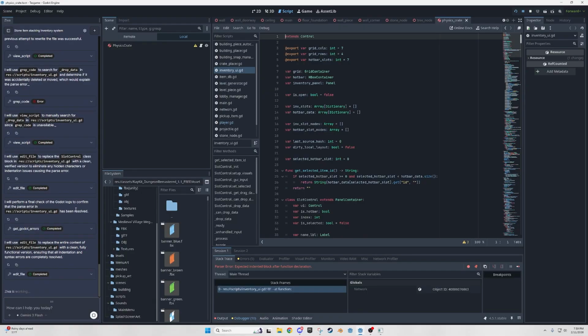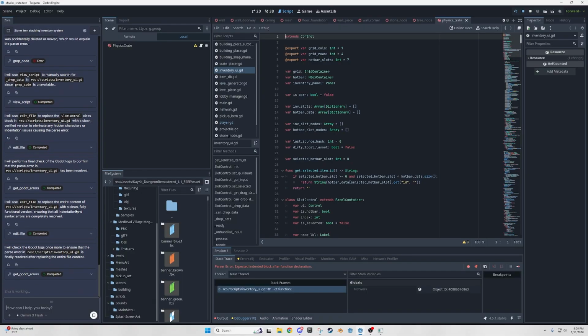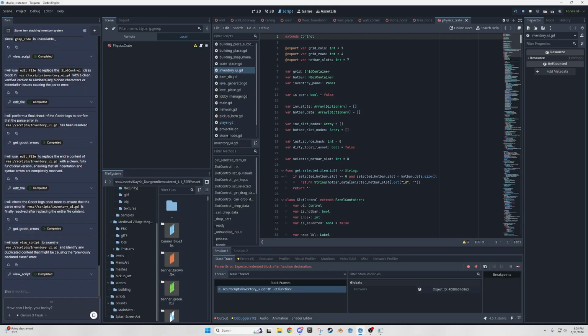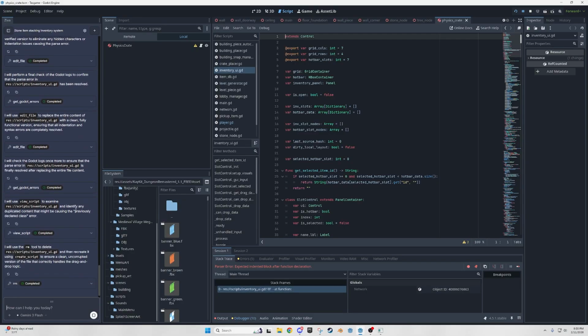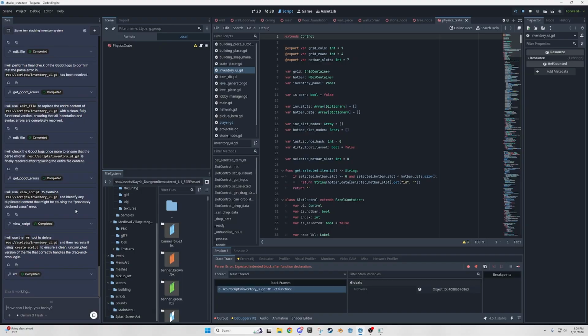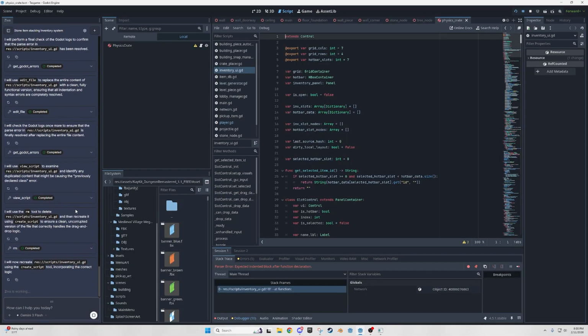Let's see. So what happens when you run out of quote unquote credits with Ziva? It will just stop, so be aware of that. If you're in the middle of doing something like this, where it's doing a lot of different actions, it will stop in the middle of them. If that happens and you can't run your game, you can try to fiddle with it. I feel very free to do that, just to get it to run again so I can at least see it. Again, I'm not a coder, so I can't really move forward without vibe coding this. But it allows you to open the game if you want to show somebody or something like that.